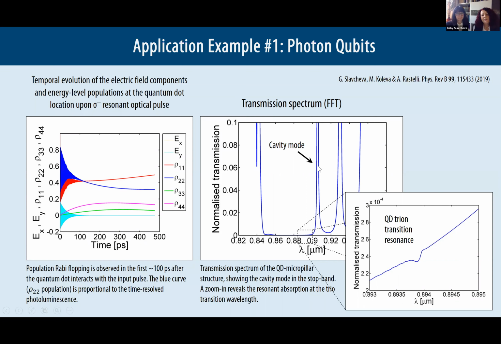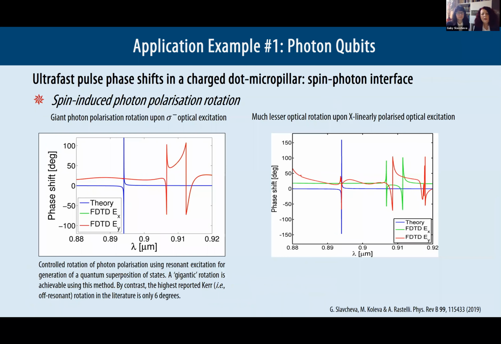In the active case, if we zoom in on the transmission spectrum, we observe this dip in the transmission, which corresponds to the quantum dot transition resonance, and this resonant coherent interaction between the pulse and the quantum dot. We have shown that a giant phase shift can be obtained by using a